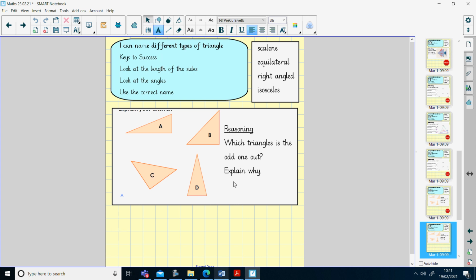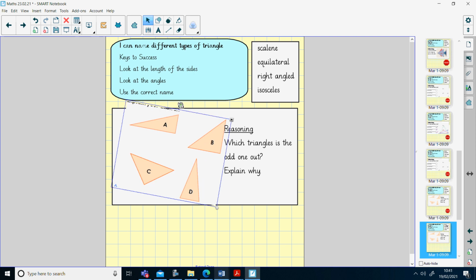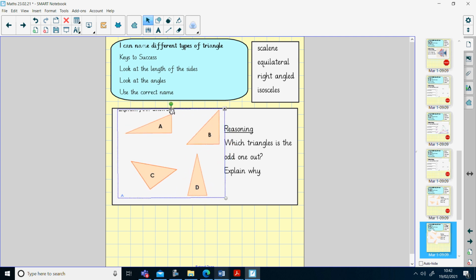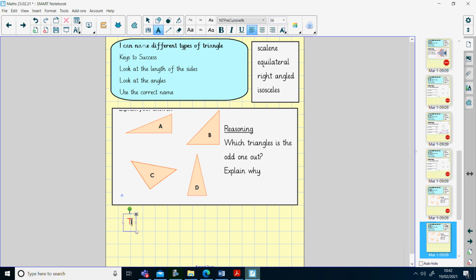I'm going to just turn the image slightly. Oh, just by turning that triangle, I can see that C is also a right angled triangle. Okay, so I can see that I've got a right angled triangle, a right angled triangle, a right angled triangle, and this one here is an isosceles triangle. So triangle D is the odd one out because it is an